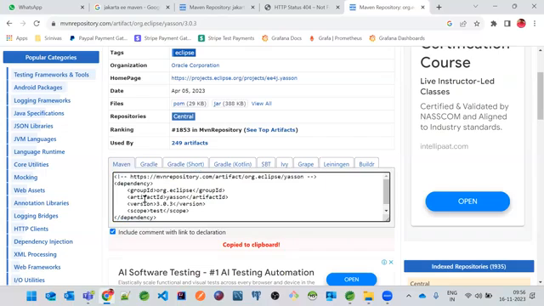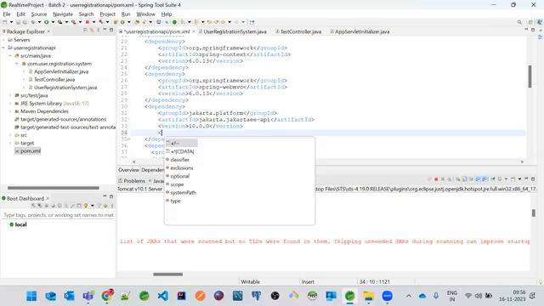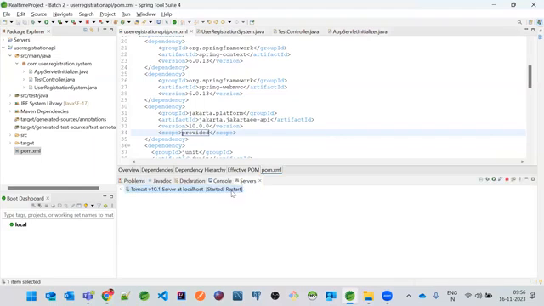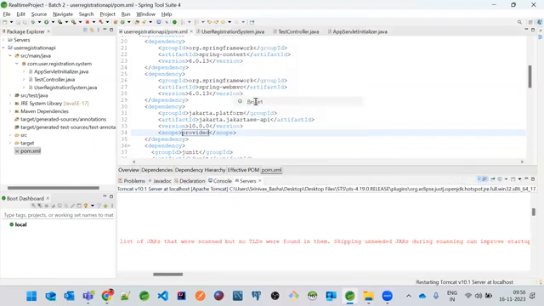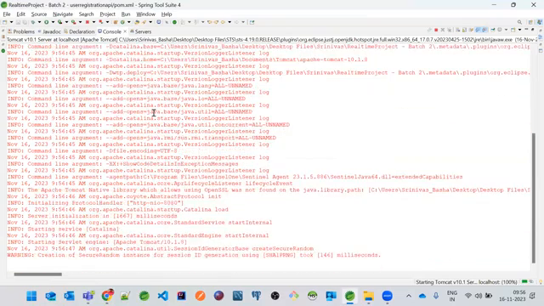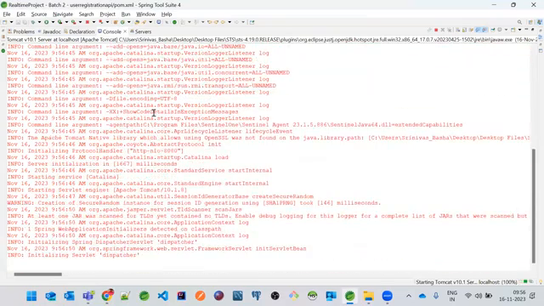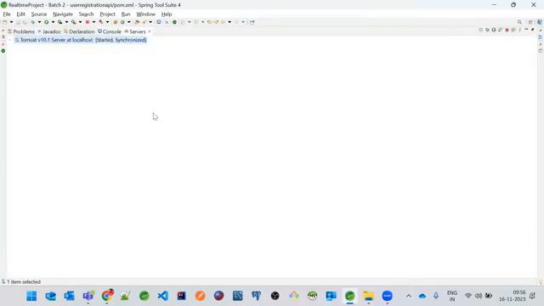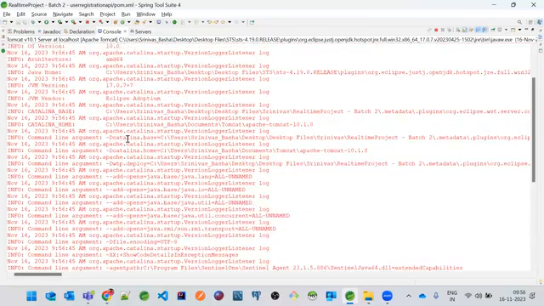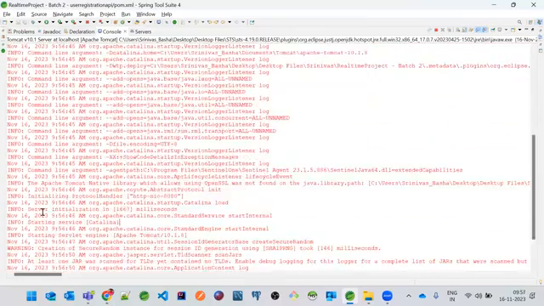But in order to make this dependency available for the Tomcat server, let me tell you what the scope is first. If I just make it scope as provided, and let's start the application now. We start it, and let's see whether you are getting any exceptions or not. It has started initializing the dispatcher servlet, and then boom, there you go. There is no error. Got it? It has started. It has already initialized the dispatcher servlet.